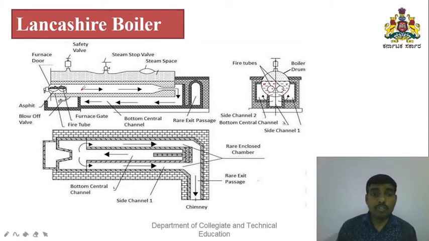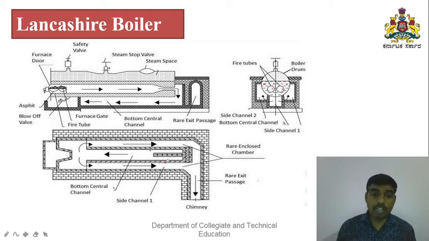The flue gas once passes through the tube and again passes, as you see in the bottom view. From the flue gas it flows in two directions, and again it flows to the chimney. This is one direction it is showing here. In the bottom view, this is the combustion tubes. From the tubes the gas flows, again in multiple directions. Both flow to the chimney. So this is the exit passage.